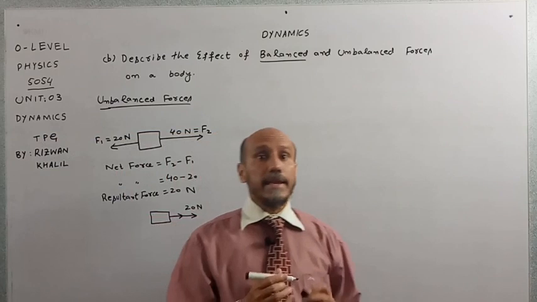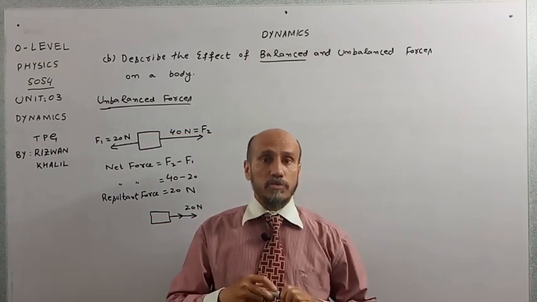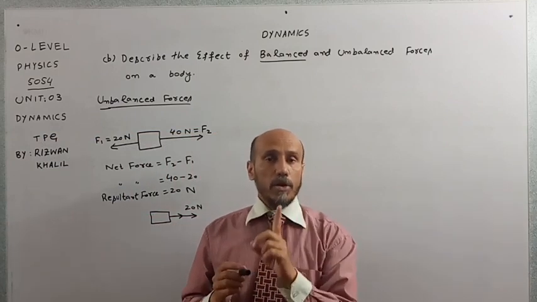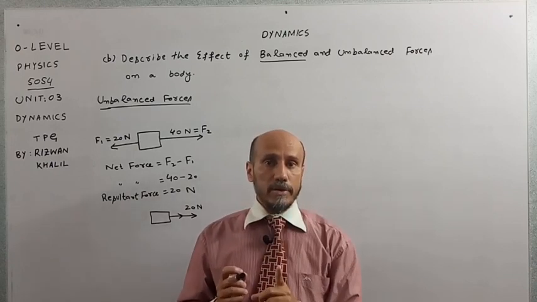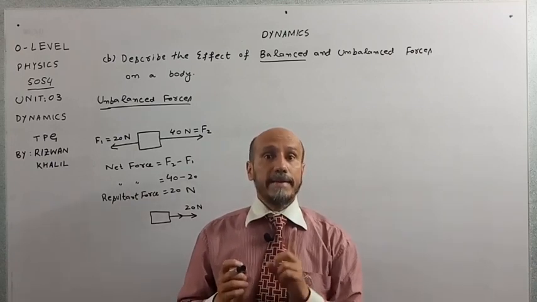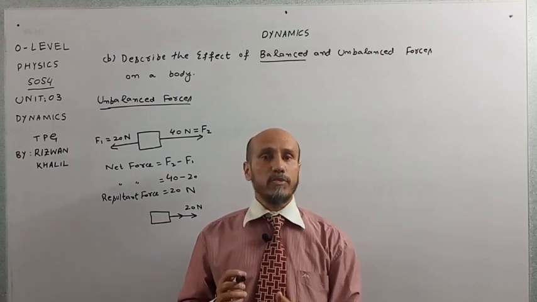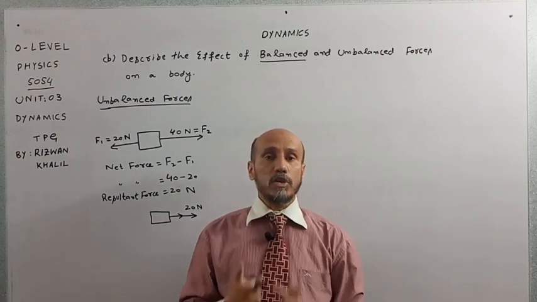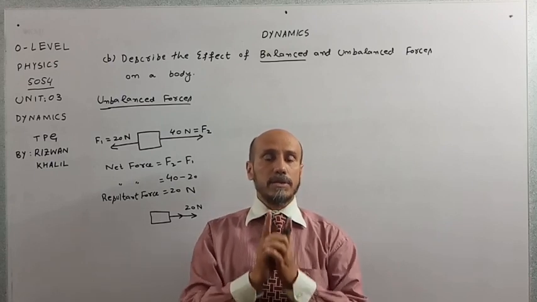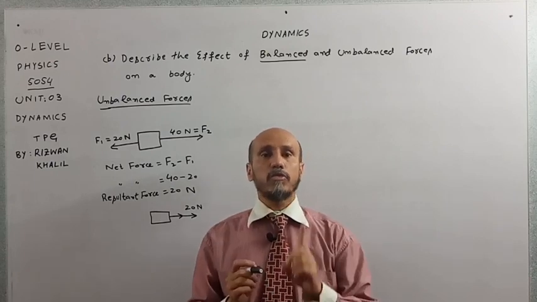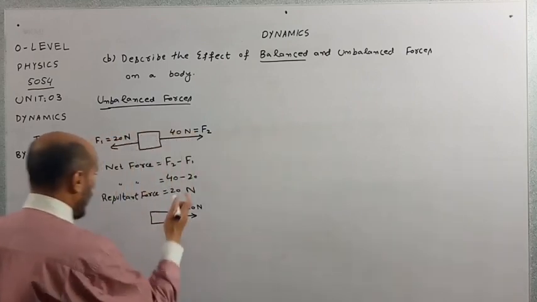What was happening in the case of balanced forces? If the body was moving, then it was moving with terminal velocity and uniform velocity, and acceleration was zero because net force was zero. But in the case of unbalanced forces, definitely acceleration will be produced in the body in the direction of force. So in this case,